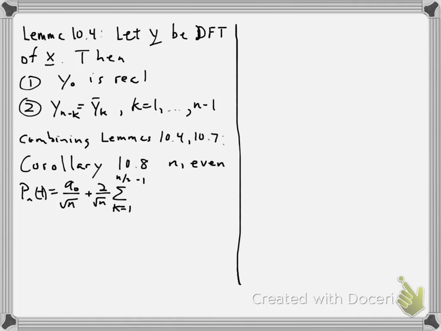So basically what happens as a result of lemmas 10.4 and 10.7, it turns out that the later trigonometric terms in the real part of q of n of t are redundant. So we don't need them, and we just use less. So this summation is summation of a sub k cosine 2k pi times t minus c over d minus c, and then plus b sub k sine of the same angle